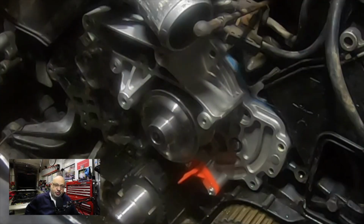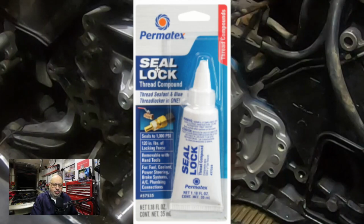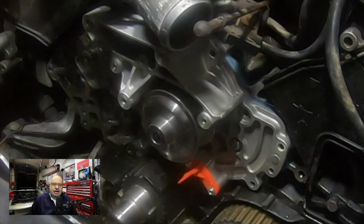All right, so what you're going to see me doing is putting the bolts in and tightening here. But an important note that we didn't show in detail is you have a unique situation where these bolts are potentially exposed to coolant but need to be locked down. So when we were researching this, a lot of people use silver on silver anti-seize. That's not really the right thing to use. A lot of people recommended something called HT Moly, which is a very expensive German thread locker combination seal. And we ended up going with Permatex's Seal Lock. And that basically locks the threads down, but are removable, but also seals them against any common fluids you might find in an engine. And it's heat resistant, well above what this engine would be exposed to as long as